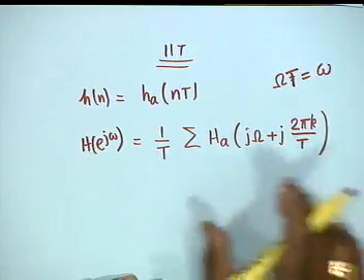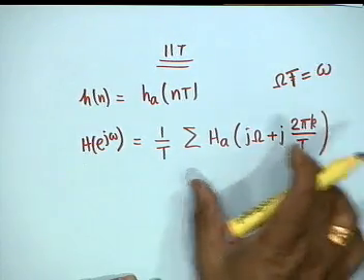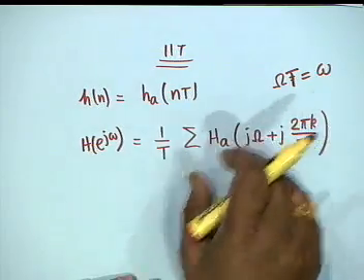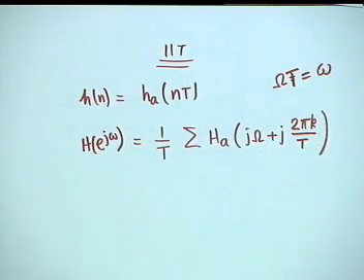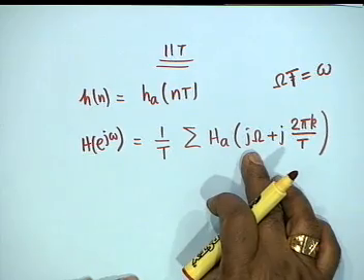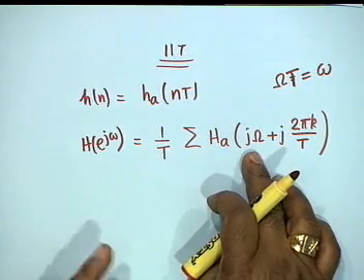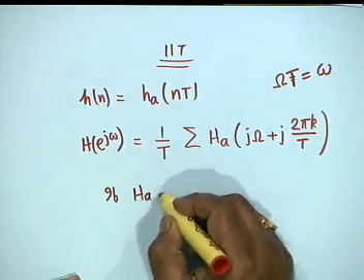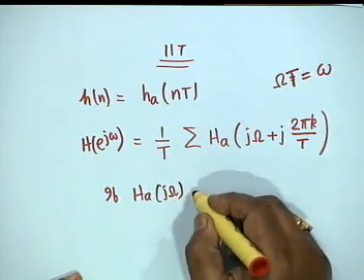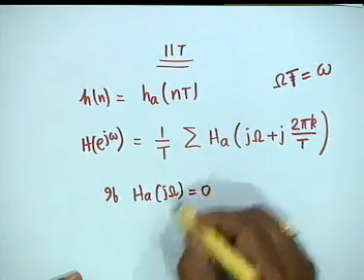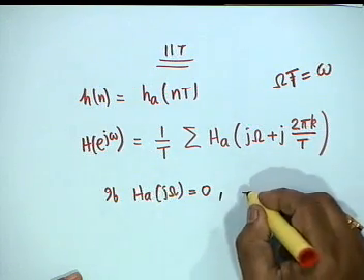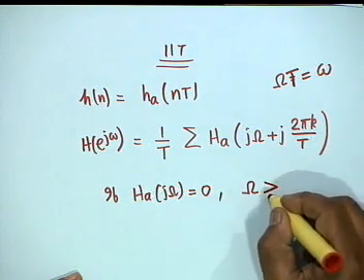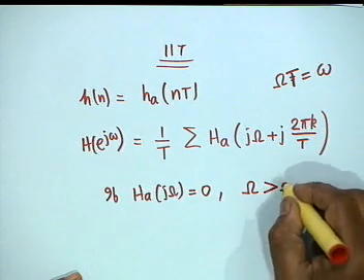So by sampling theorem we know the spectrum, and this is how aliasing is obtained. If capital H at j omega is not band limited, now let's take this ideal case. If capital H of j omega is equal to 0 for omega greater than omega_h,